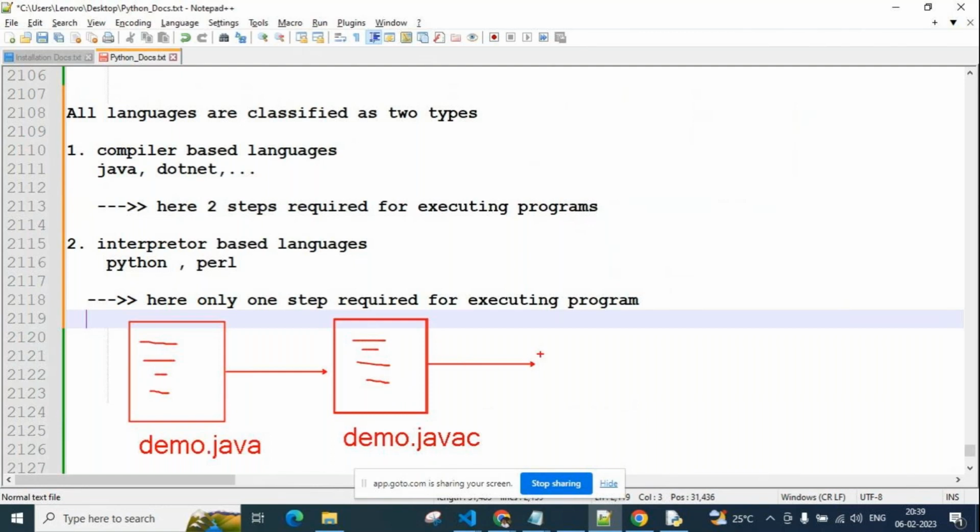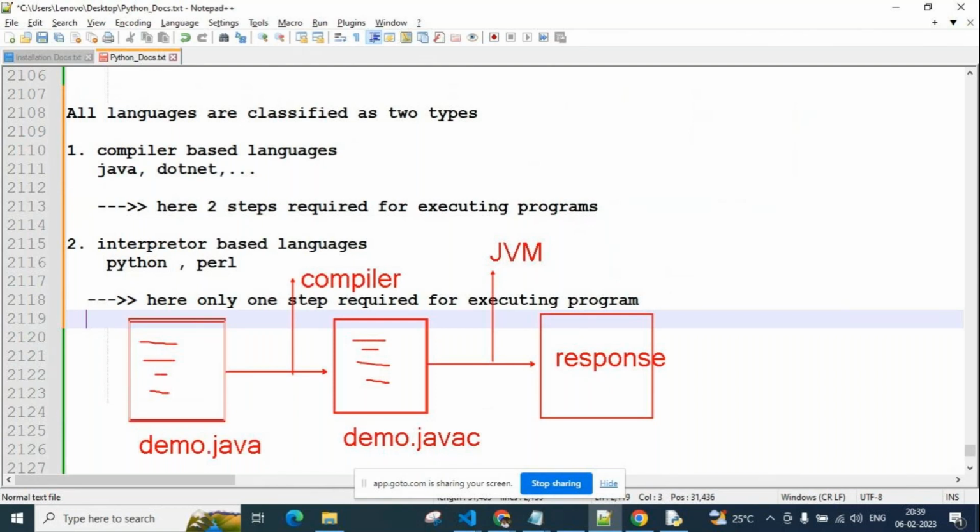So now we use the JVM, nothing but the Java virtual machine, to get the response. Here we use the compiler. In Java, the compiler is used for validating whether the code is syntactically correct or not.